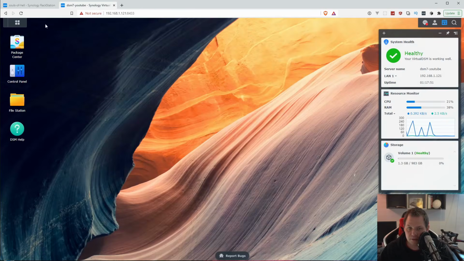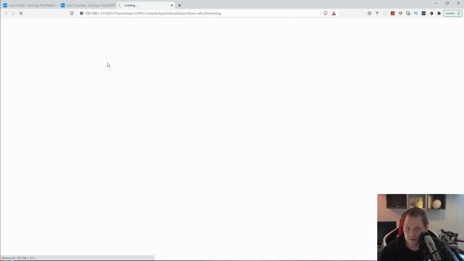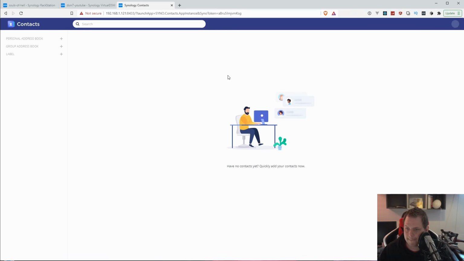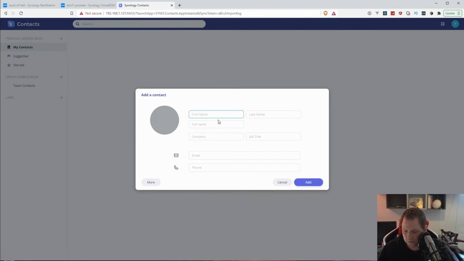Just close it down here and open up and say Contact. We have it here, and then we just wait a little bit again. You can see this is all the contacts here, and I have it here, and we can import it from Google, from Outlook, from CardDAV server, and yeah, it's up to you if you want to do that. I just want to say my test contact